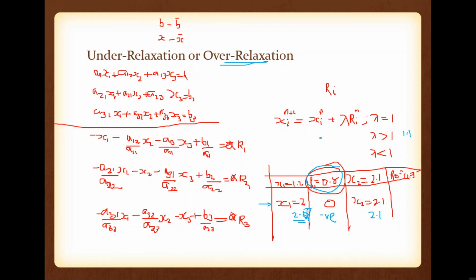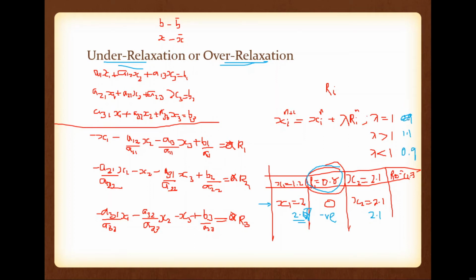So if it is normal relaxation, during the next iteration the relaxed equation will give 0 residue. If you are using over relaxation, during the next iteration, the relaxed equation will give an opposite sign value. If the previous iteration is giving positive residue, the next iteration will give negative residue for relaxed equation. Okay. Now what about under relaxation? If you are using under relaxation, then for example if you are using 0.9.